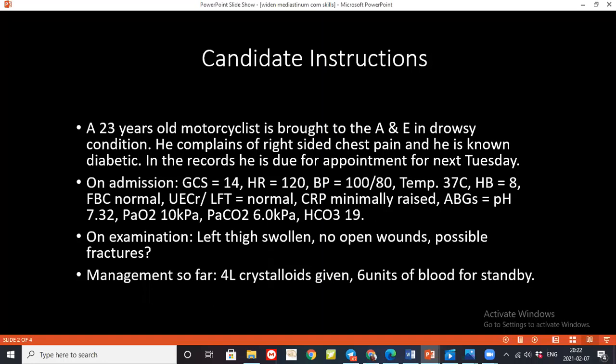On examination left eye swelling, and abdominal X-ray absent Swiss shadow, and chest X-ray done wide mediastinum and bilateral pleural effusion, and the X-ray of the lower limb shaft fracture. Start fluid resuscitation with crystalloid with blood transfusion and put a chest tube on